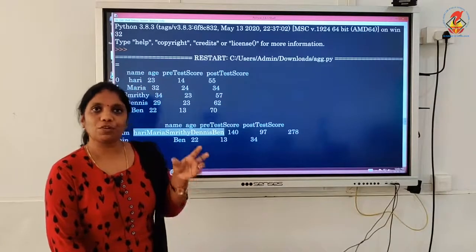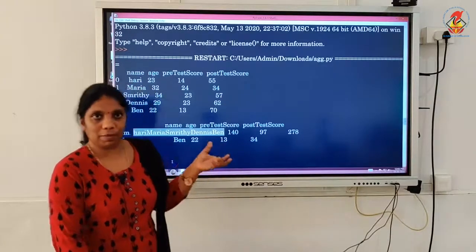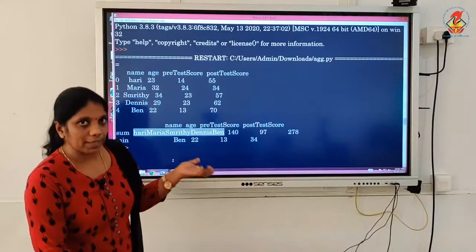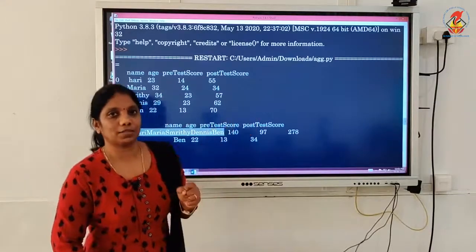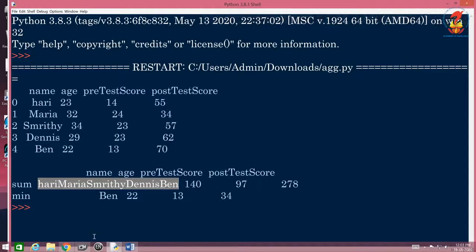If you try sum with string values, it just concatenates. Now age has been added, 23, 32, 34, 29, 22, and you got 140. Pre-test score is added and you got 97. Post-test score is added and you got 278. I hope you got it.